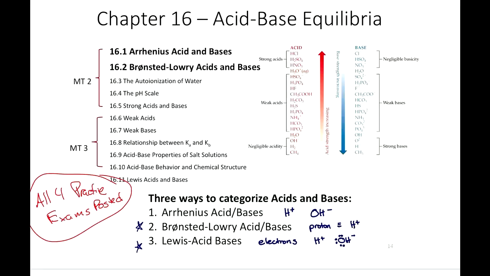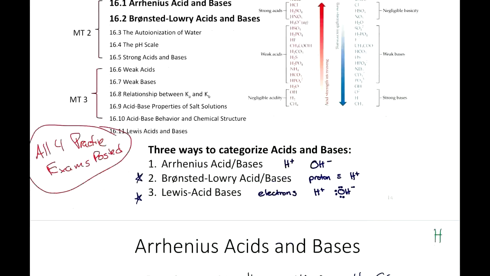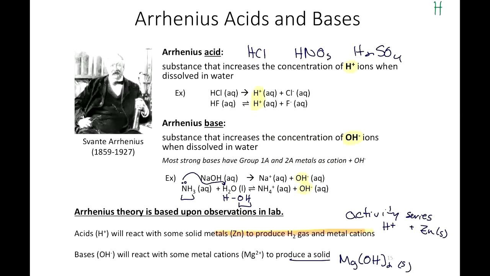Anyway, okay, so we did all the numerical stuff. Let's jump into ways to categorize acids and bases. So we talked about Arrhenius acid-base theory. This is the most rough categorization scheme we use for acids and bases, and it actually doesn't always work. But this is what we learned in 1210. But as you have seen, I am trying to unteach you a lot of stuff that we just taught